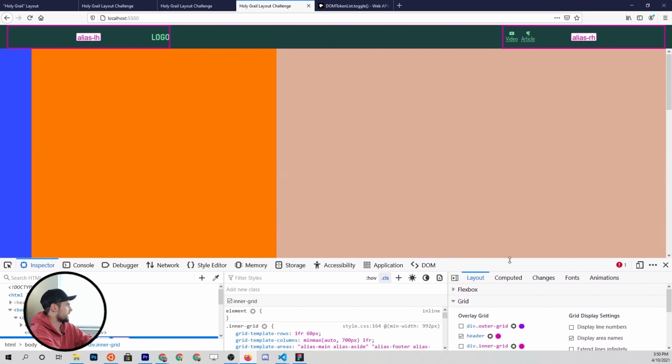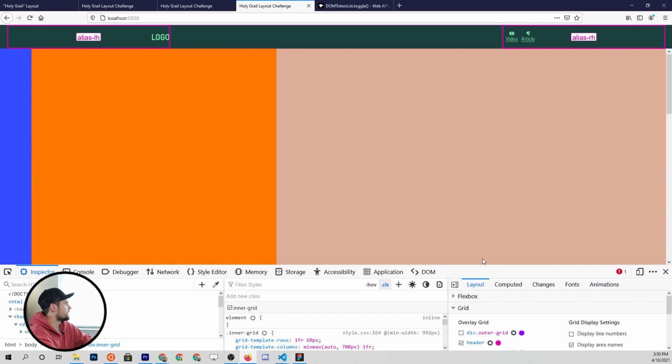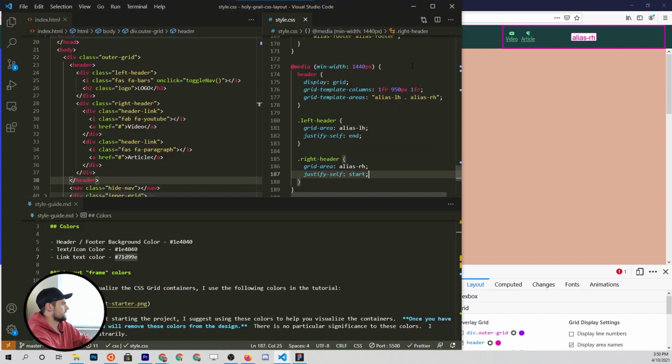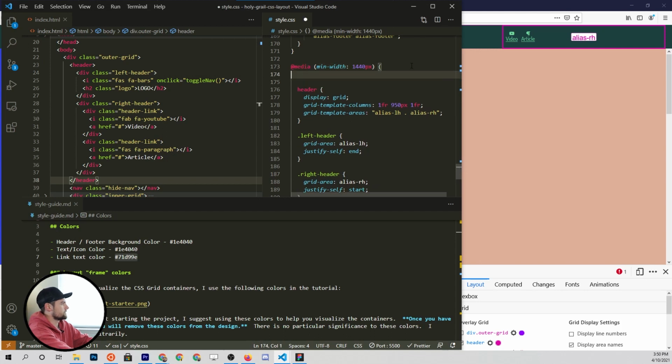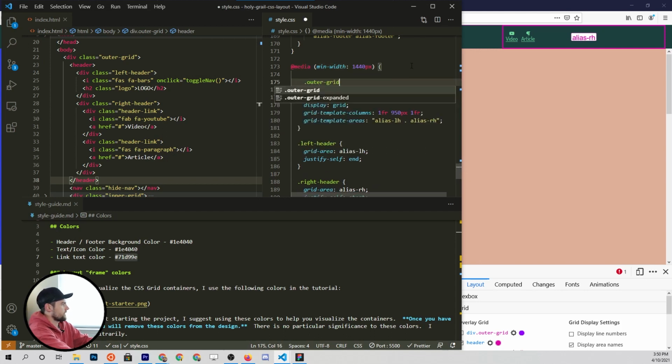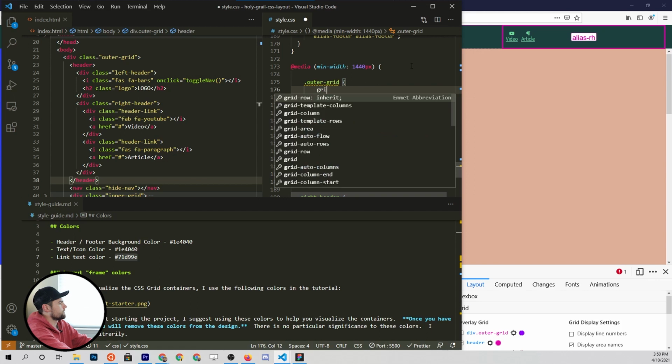I was waiting until we got the header done to do this, but we've got the logo over here and these items here, but our navbar is still way on the left. We've got all this space here. We want to bring it all to the middle. So what we'll do to get there is in this media query, we'll come to the top and we'll specify for the outer grid, we want a few different